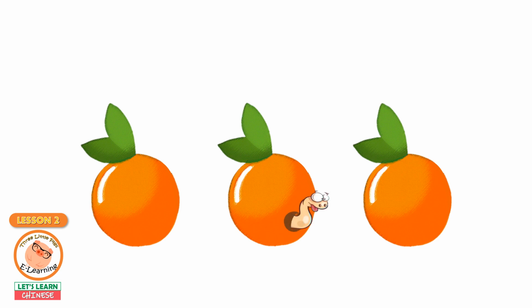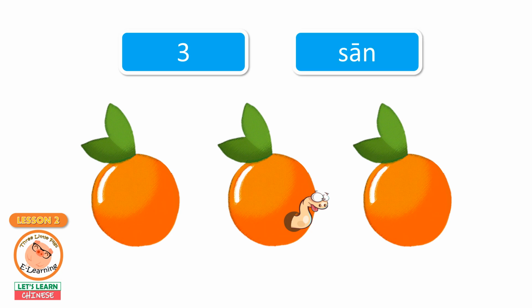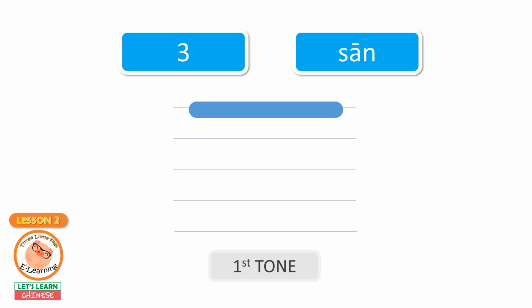Oranges. 3. In Chinese we say 三 using the first tone, let's say it together. 三